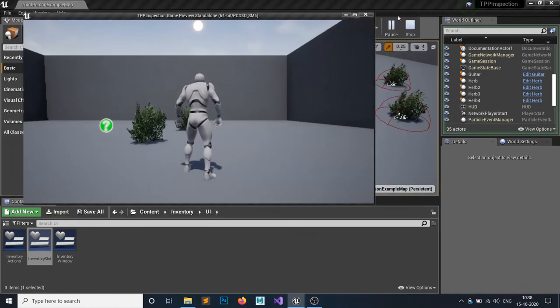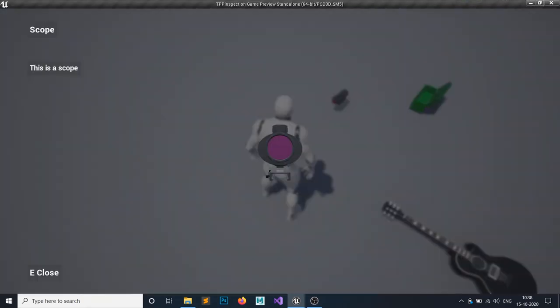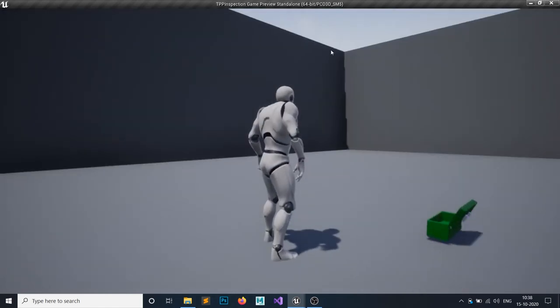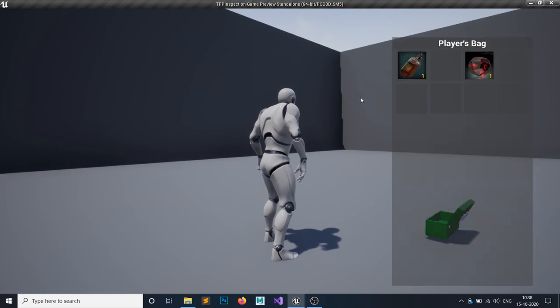Hit play. Finally, hopefully it works. So yeah, one water and one scope would be needed. So one scope should be left, right? So if you click on this, hit combine, and if you click on this, one would be added and one scope is left. Now if you tab and hit again, you can see.